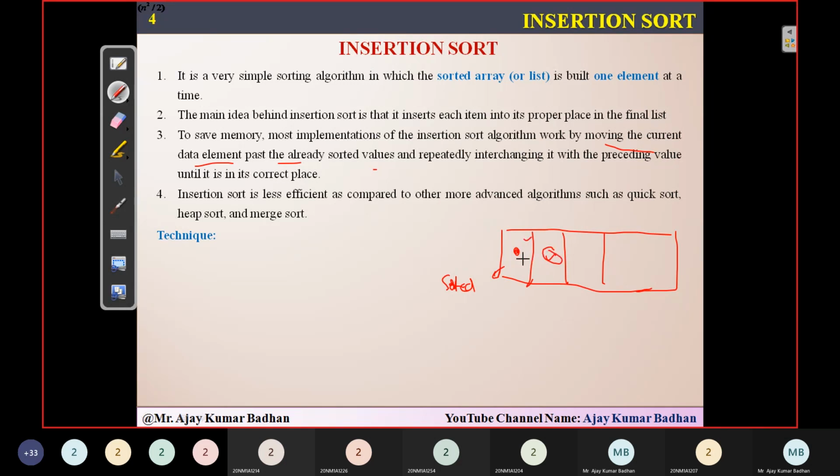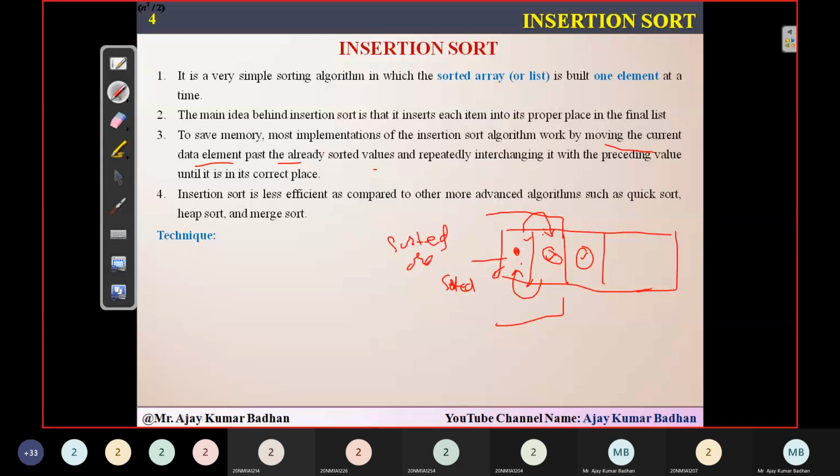If this particular value is less than this particular value, then simply I move this value into this particular location. And this value I'm simply locating here, but I'm not swapping it because I have to compare it. Since there is only one element we are comparing, you may feel like it is swapping, but we are not swapping. We are simply changing the values here. Next, I'm selecting this position as fixed. Now when I select this position, the system assumes that these two locations are in a sorted order.